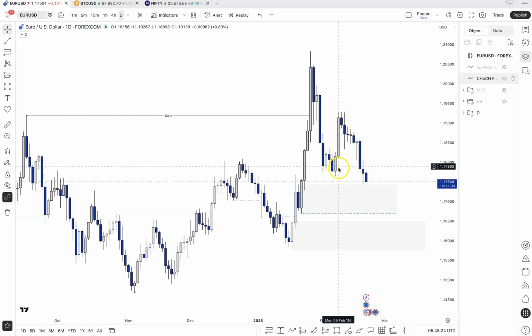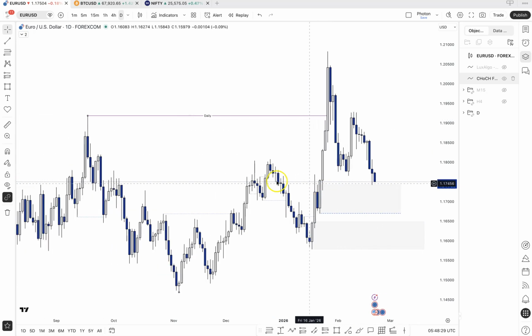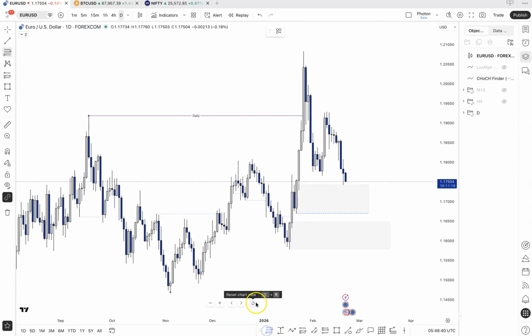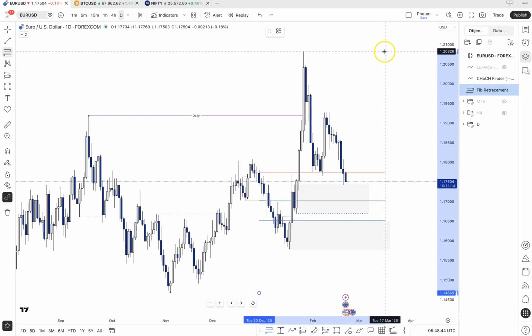So on the internal, the daily is bearish, but overall market structure, the daily is bullish. So we can expect a pullback to happen, and thereafter the price should reverse. Now, how far has this pullback happened till? So if we just extend the fib, we can see this is the 50%.